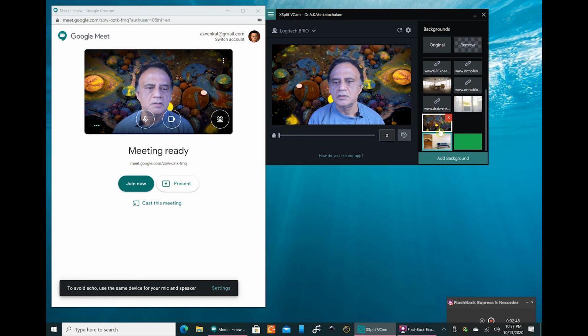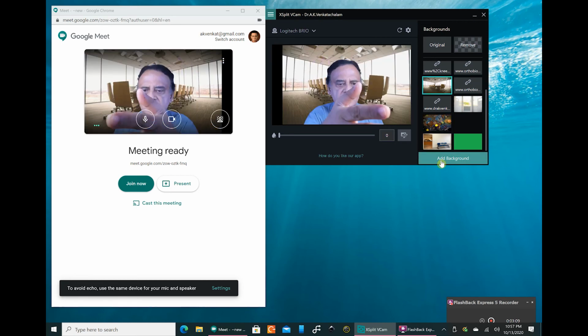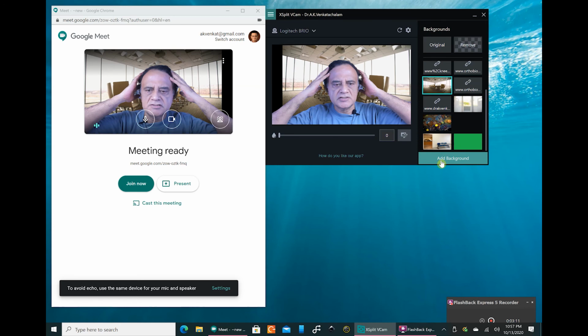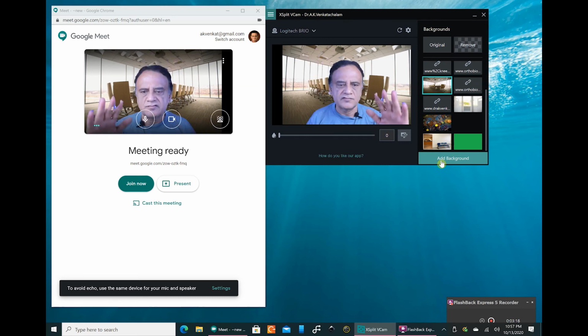And as you can see in Google Meet, if I move my hand here, the hand movements are not cut off. It's quite clear. The outlines and the contour of my face and my shoulders, they're all quite clear. Hand movements are not cut off. So there is no lag also. The quality is pretty good.